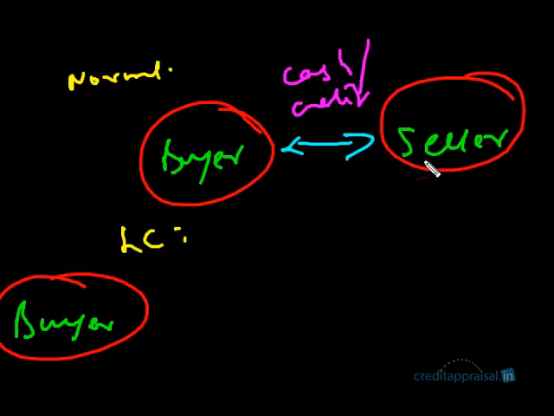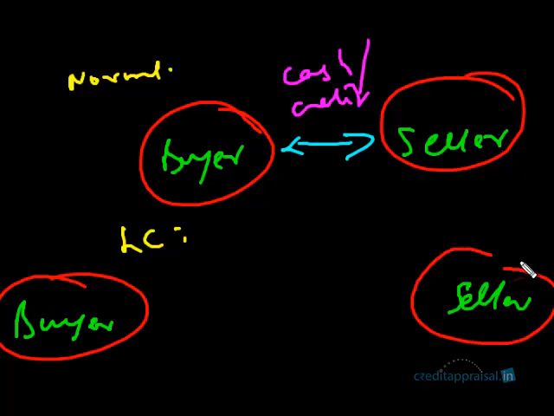See, in the first case, buyer and seller are interacting directly. But in the case of LC, the buyer and the seller are separated. They don't deal directly. Right? See, initially, we are speaking for the payment part. Initially, they might interact for negotiation on the price and specification and things like that. That's okay. Right?